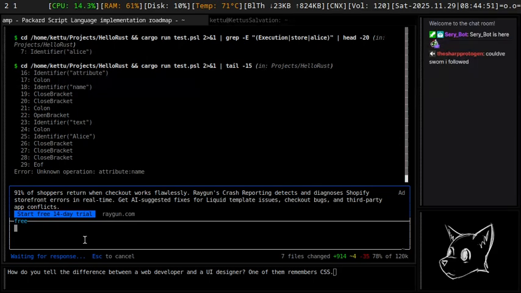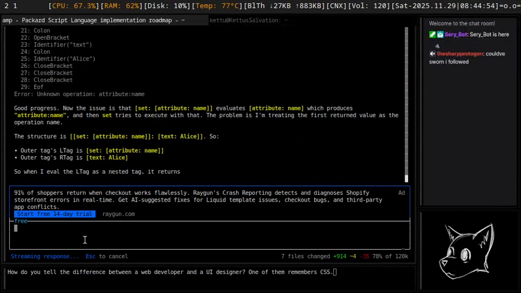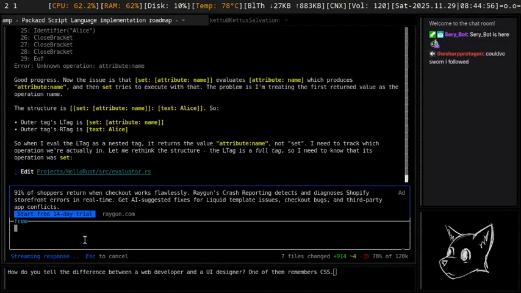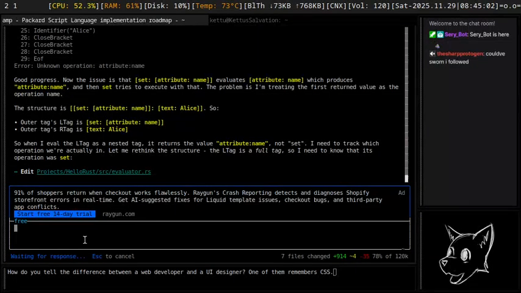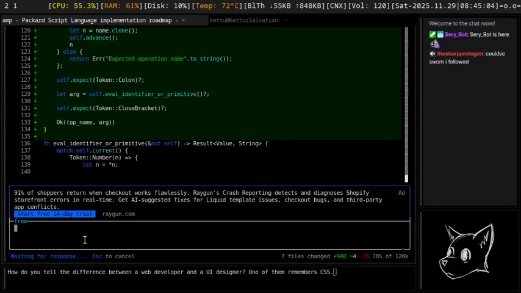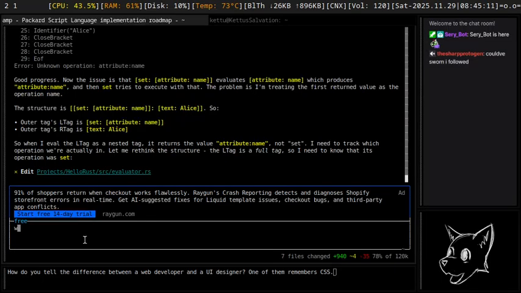Unknown operation attribute name. Now the issue is attribute name evaluates attribute name, which produces attribute name, and then set. Well, what if